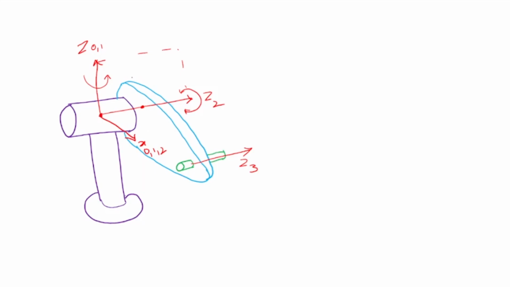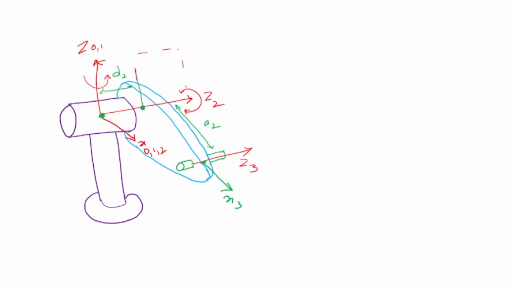Okay. Now let's see, there is a distance. So there is a distance here. Let me mark the distance here. Let me call it A2, and there is a distance here. Let me call it D2. Okay, that is this distance. Now the first, 0 and 1 frame, origin is here. Second frame origin is also here. I could have taken the second frame origin here, but for simplicity, I'm taking it here. Okay, and third frame origin is here, so I'm saying my x3 is this side.